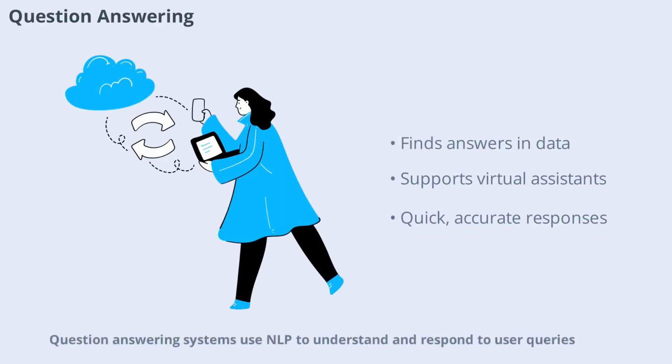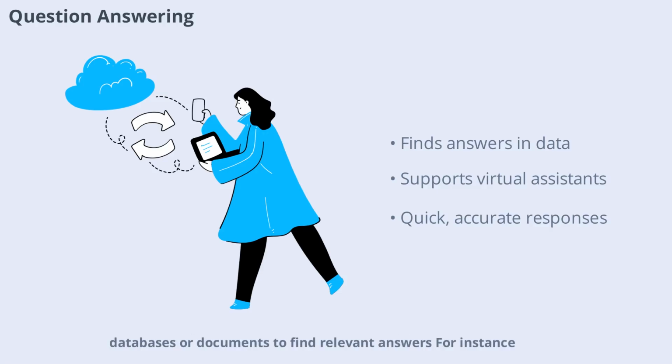Question answering systems use NLP to understand and respond to user queries. These systems can search through large databases or documents to find relevant answers. For instance, virtual assistants can answer questions about the weather, history, or company policies. By combining language understanding with information retrieval, NLP makes it possible to get quick, accurate answers to a wide range